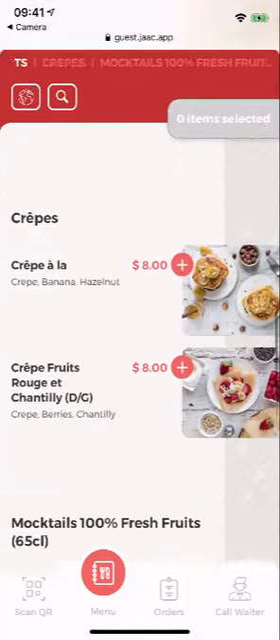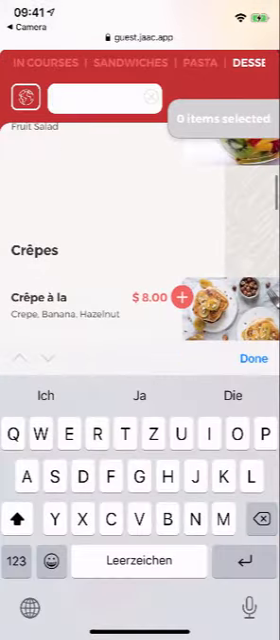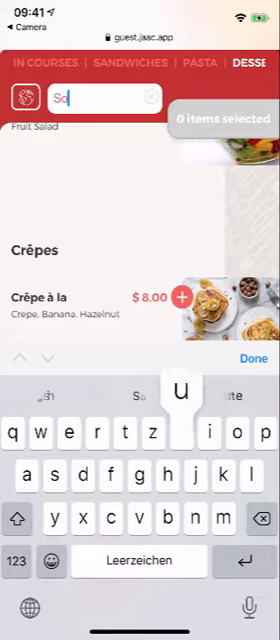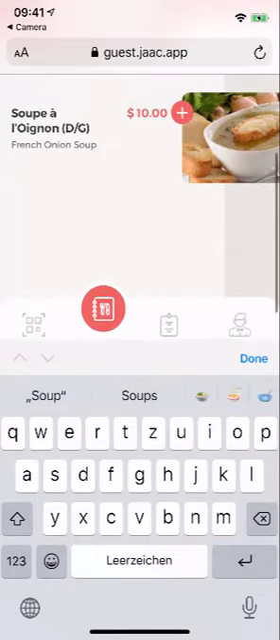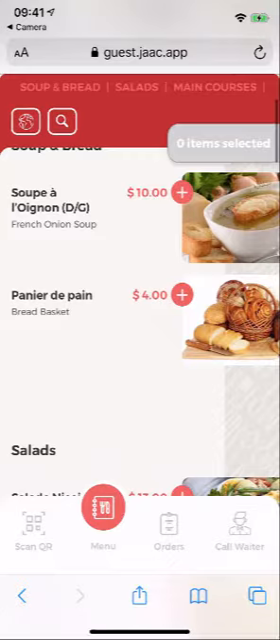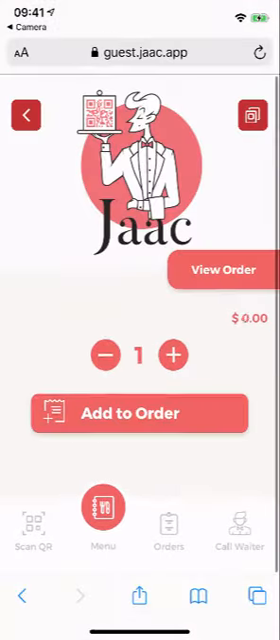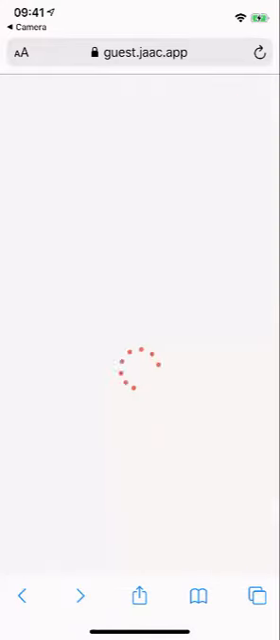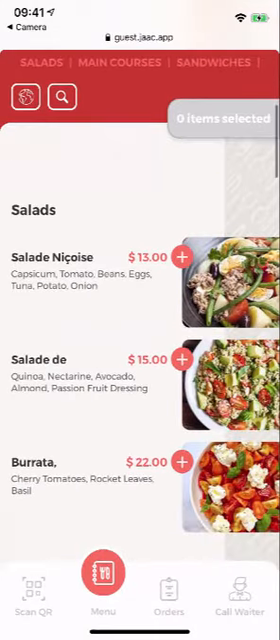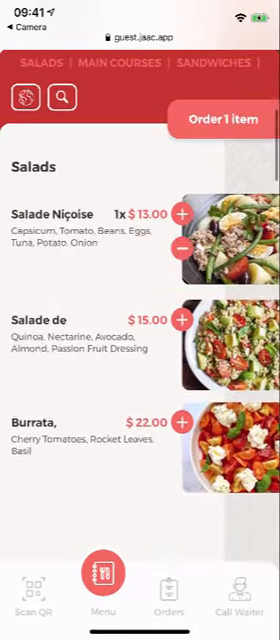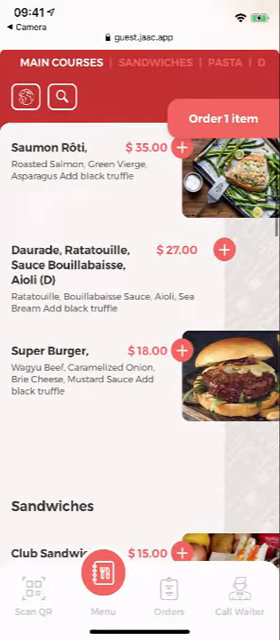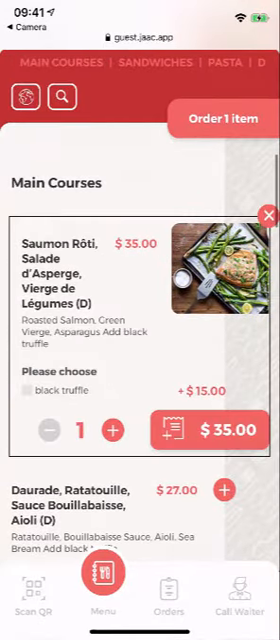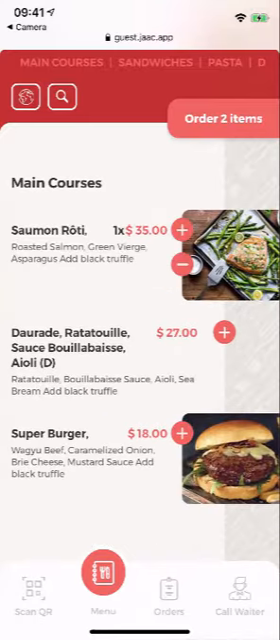He can also search for specific ingredients or dishes. And he can get bigger pictures and read additional descriptions if they are available. And he can build his order list with all the things that he would like to eat, choose different options,